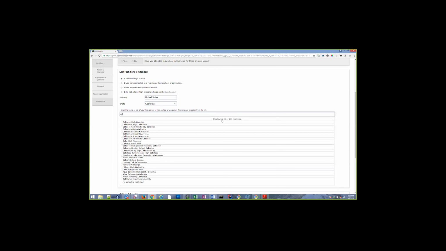And here at the top, we have a little message that says displaying 25 of however many total matches there are. So that encourages the user to refine the search results just by typing more of the school's name in, rather than having them search through list after list, page after page of the different results that